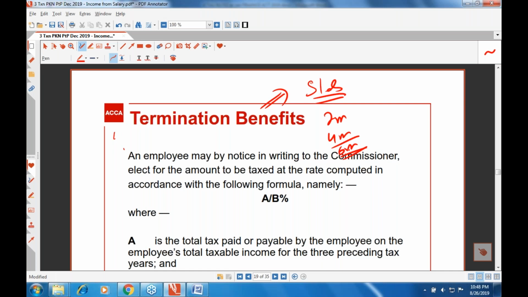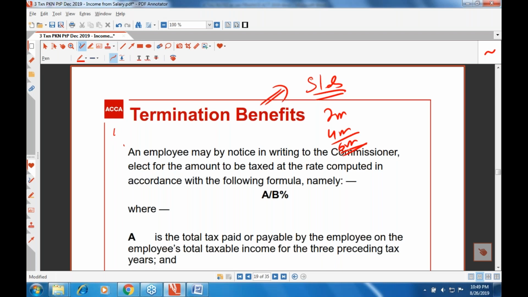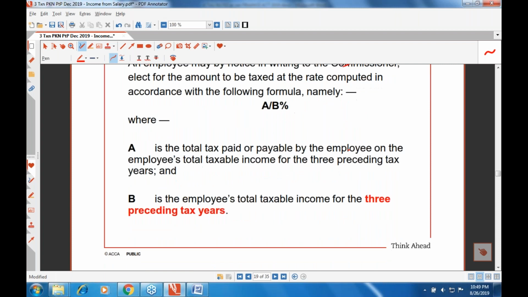So, is there a solution for us? Yes, the solution is there. Now, what is that solution? The solution is that you write to the commissioner and say that you want your termination benefits to be taxed in a different way. Now, what is that different way? You can actually opt for your salary to be taxed on the basis of the average rate of tax